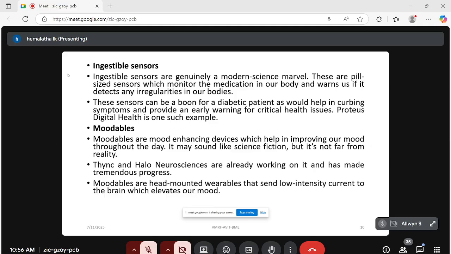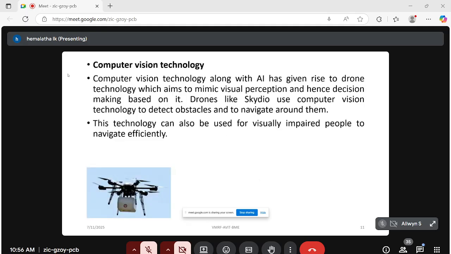And this was developed by Think and Halo Neurosciences, which is having tremendous progress nowadays. So it is elevating the mood of the patient. Nowadays we are always coming across this term called stress. We are very much stressed due to the workload in the working environment. So to help people come into a normal mood, we can have this Moodables. This is one kind of IoT technology deployed, and this computer vision technology is helping the visually impaired people to